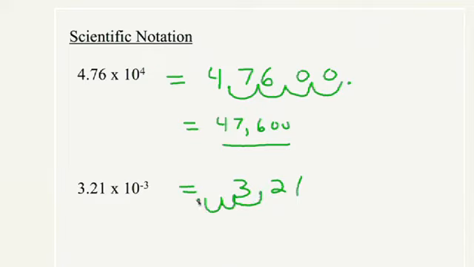The decimal point will end up over here. And again, any spaces I've created with no numbers in them, I have to fill them with zeros. So 3.21 times 10 to the minus 3 is the same as 0.00321. I sometimes recommend that students remember if you have a negative power here, this number essentially tells you where